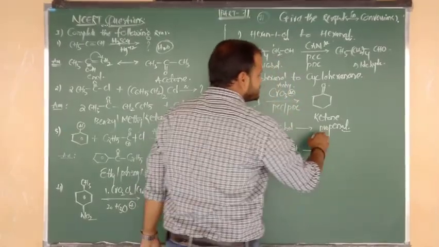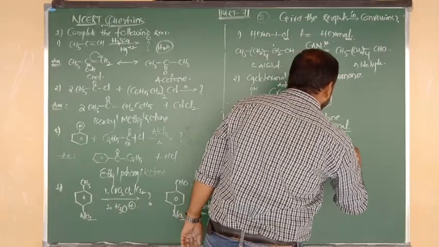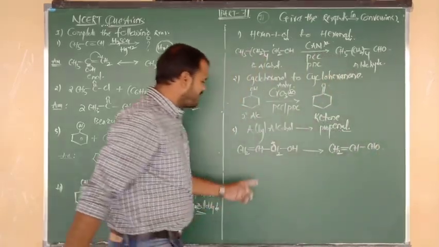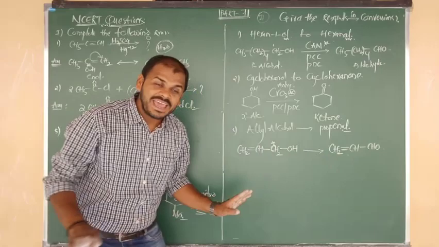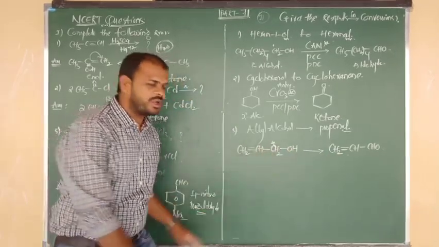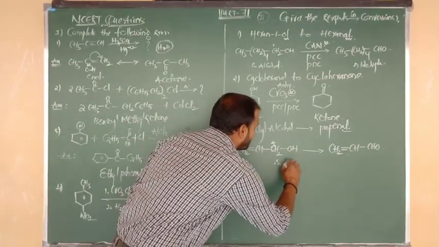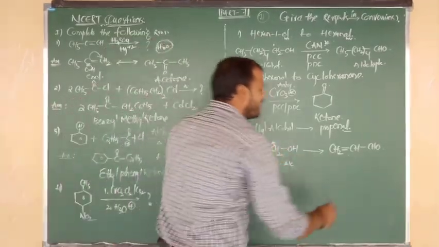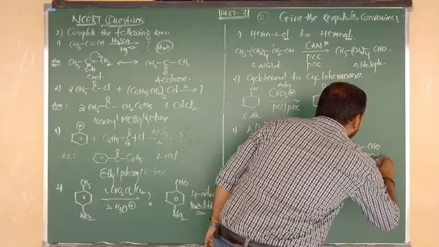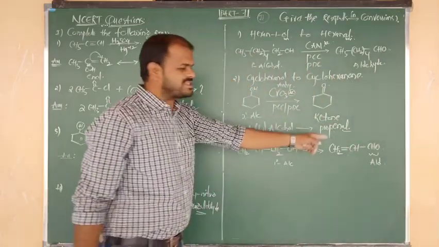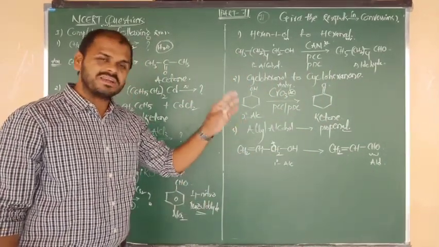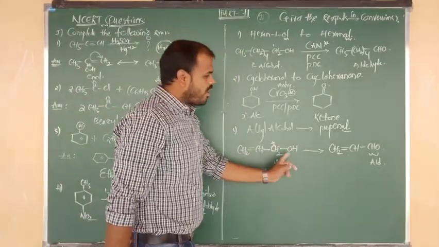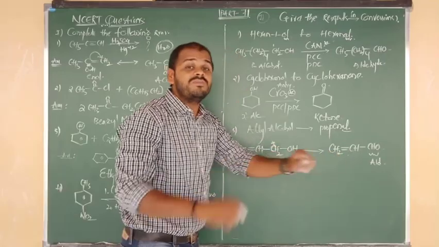Allyl alcohol changes into propenal, that is nothing but CH2 double bond CH bonded to CHO. The vinyl group is the same. The remaining part is OH bonded to CH2, looking like a primary alcohol. The double bond is not affected. Just the primary alcohol changes into the product, which is nothing but aldehyde, and such a compound is called acrolein. Same reaction I have given in the textbook also. So primary allylic alcohol oxidizes into the aldehyde without affecting the double bond.